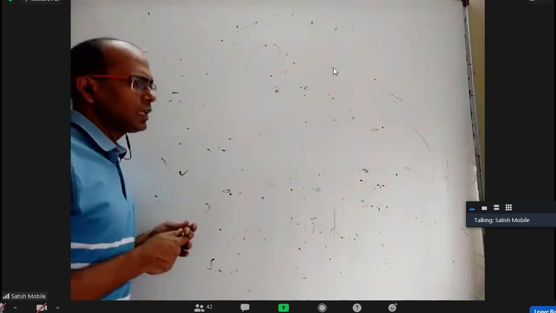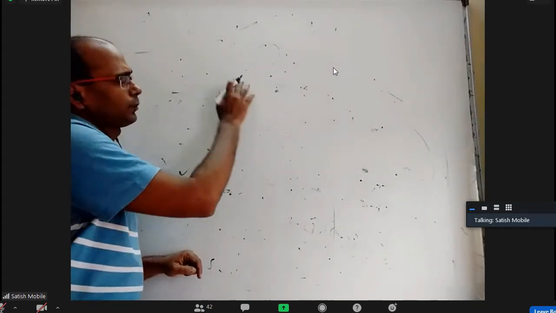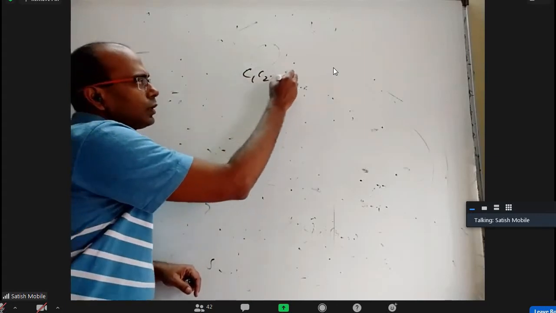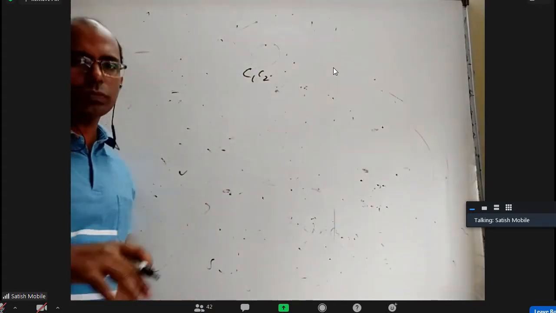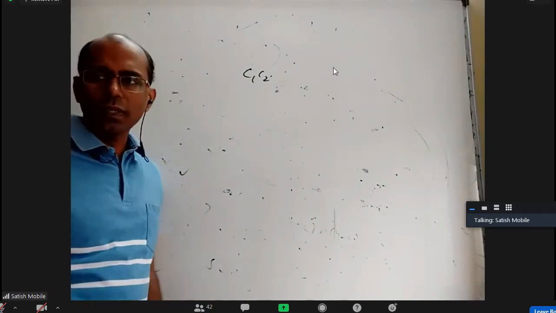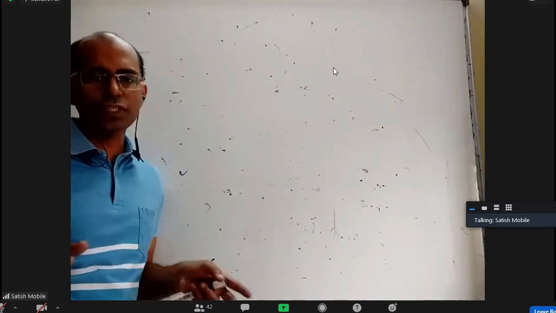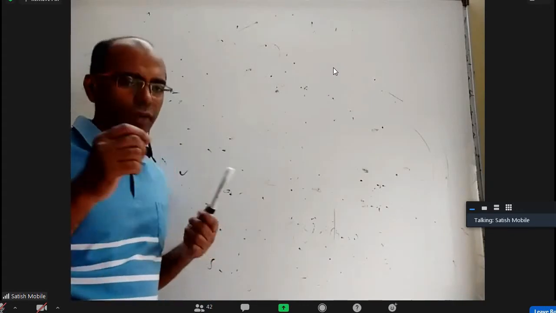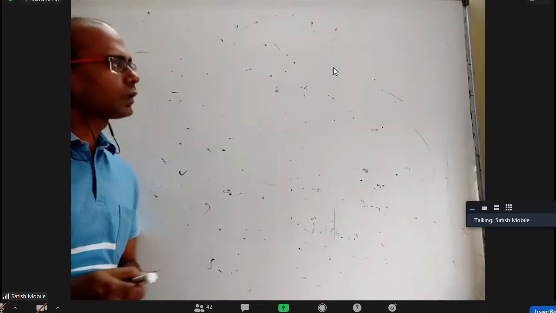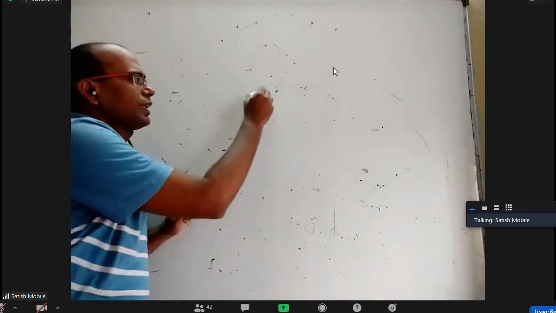Okay, so a few points on this. Earlier we learned how to know whether two circles are touching or intersecting: we find C1C2 and check whether it is less than or more than R1 plus R2. But there is another way to check the touching case. Apart from finding C1C2 and comparing with R1 plus R2 or R1 minus R2, you can subtract the two circles, and you'll get a line.